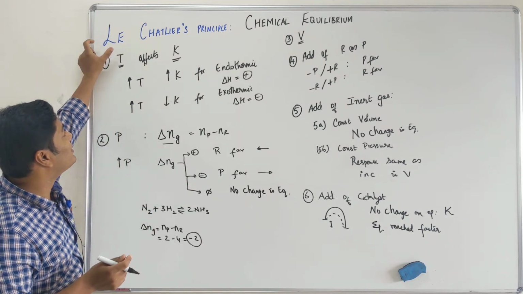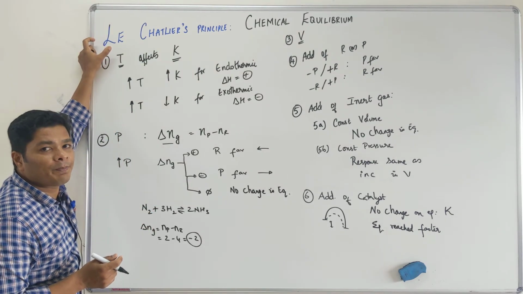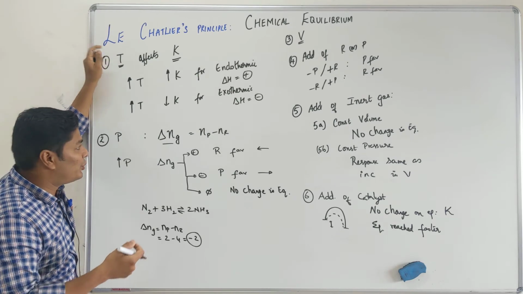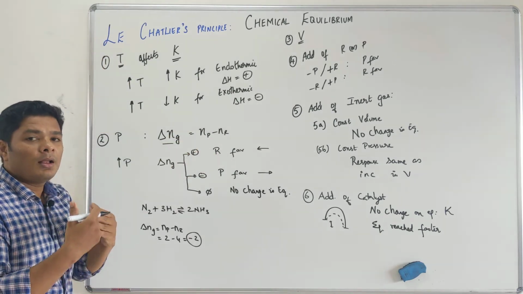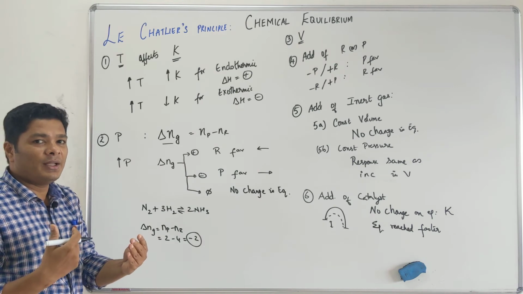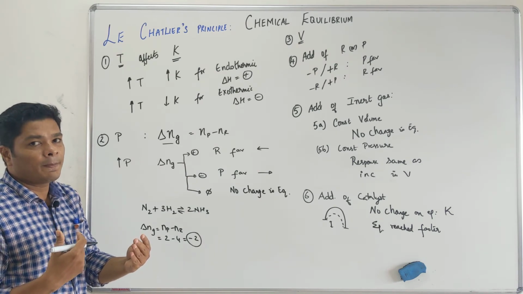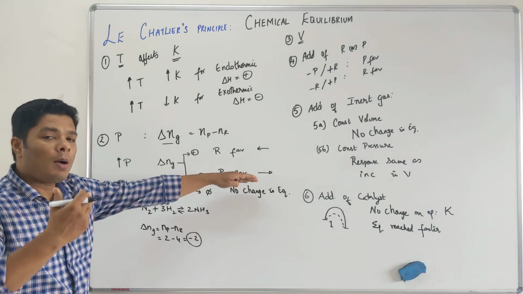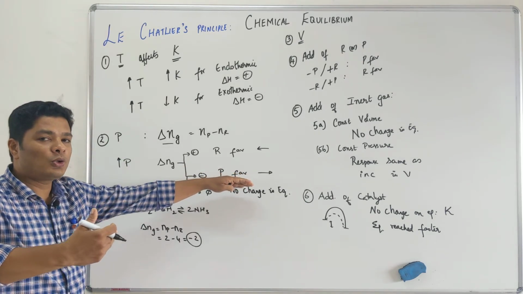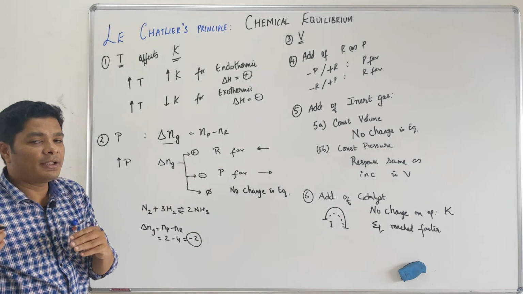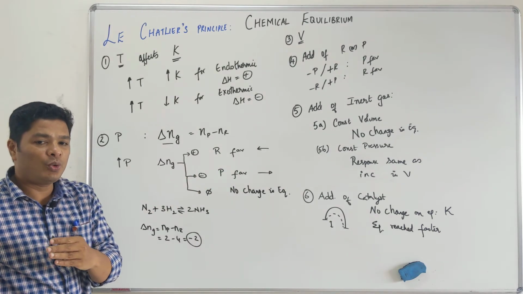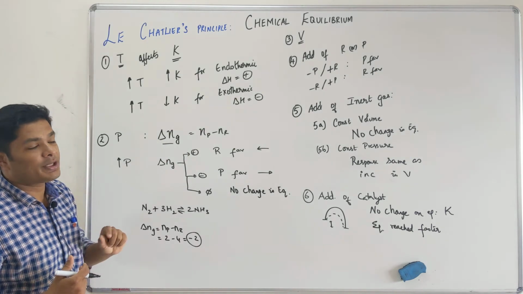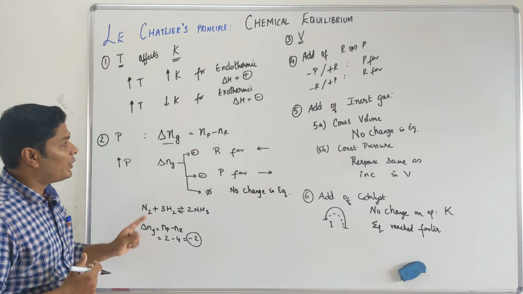That's what the whole premise of Le Chatelier's principle is. Le Chatelier's principle basically is, when you apply a stress to the equilibrium, the system will respond in such a way that the equilibrium is re-established. Meaning, when I apply the stress to the equilibrium, my Q value goes farther away from K and the system will respond in such a way that Q becomes K again. In this case alone, K is going to change. This is going to be your equilibrium.